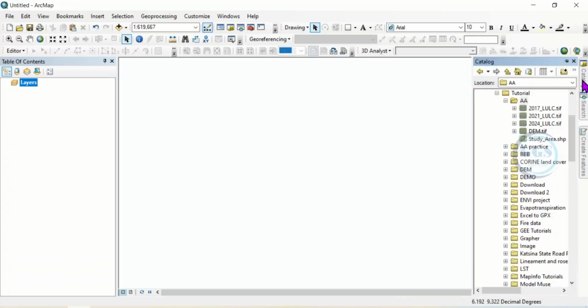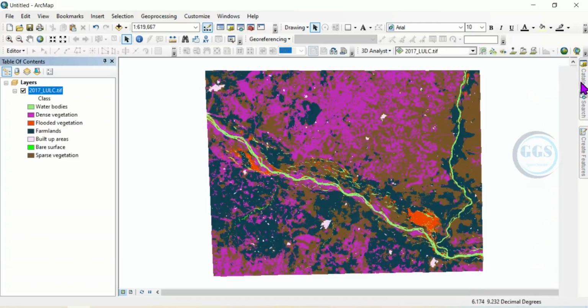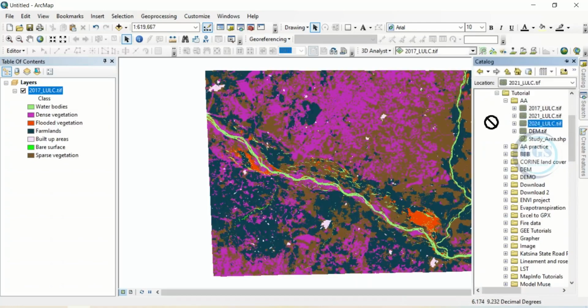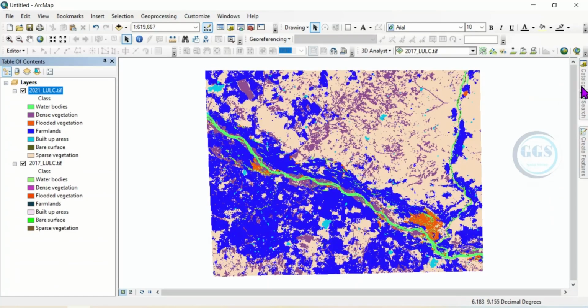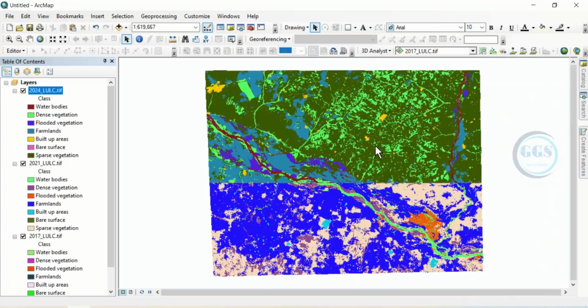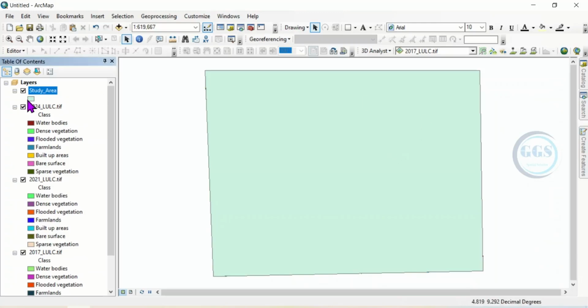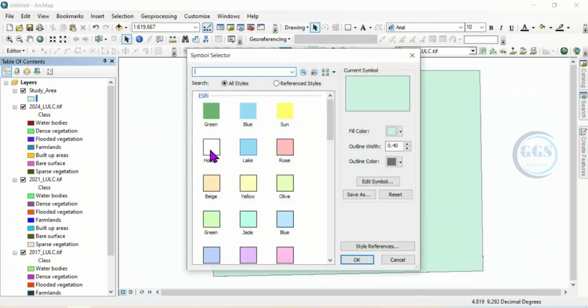So I can connect to my folder, and then I'm using about 3 epochs. This is 2017 land use land cover. I'll just drag and drop, and then the 2021 land use land cover map, and also the 2024 land use land cover map. And I can also bring the boundary of my study area. Let me make it hollow